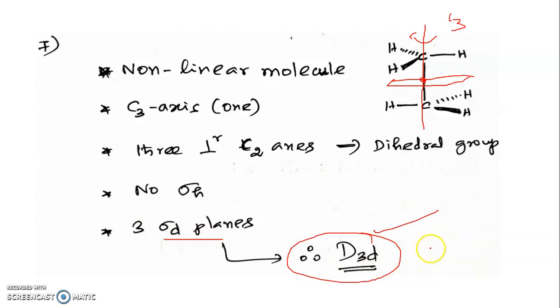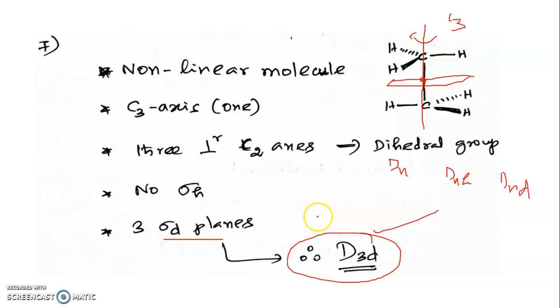Are you clear? Because in dihedral groups we have only 3. What are they? Dn, Dnh and Dnd. So in dihedral groups only these 3 are available. Listen, if a horizontal plane is present, it means Dnh. If horizontal plane is absent, check for other planes of symmetry. If any other plane is present, definitely it should be a dihedral plane, because here vertical planes are not allowed. Are you able to follow? So this molecule belongs to the Dnd point group, right?